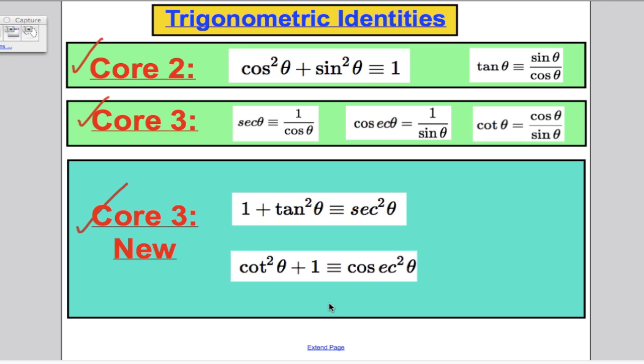Okay, let's just start by using them. We're going to go through all the same things we had to do previously. We're going to do some finding values of cos theta and sin theta using these definitions. We're then going to move on to some proving identities, and lastly we're going to solve some equations using these